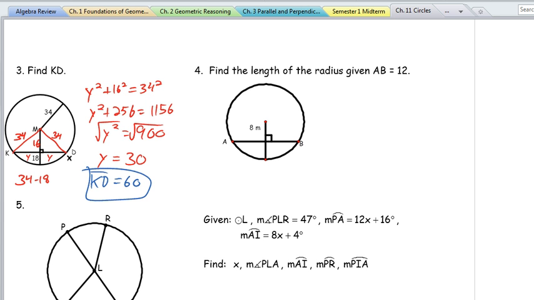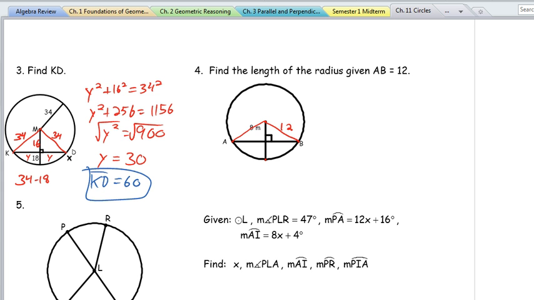Alright, last one before I sign off for the day. Find the length of the radius given AB is 12. So again, draw in your Pythagorean theorem, set up your right triangle. The radius is 12, so it's 12 here. I was telling you that this length from the center to the chord is 8. Okay, so we need to find out